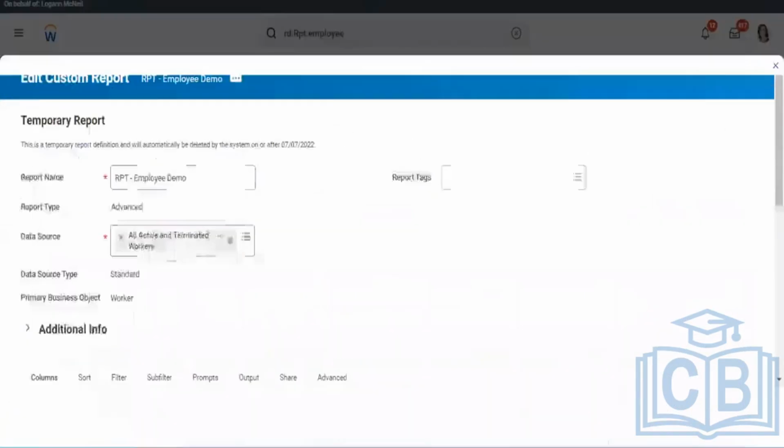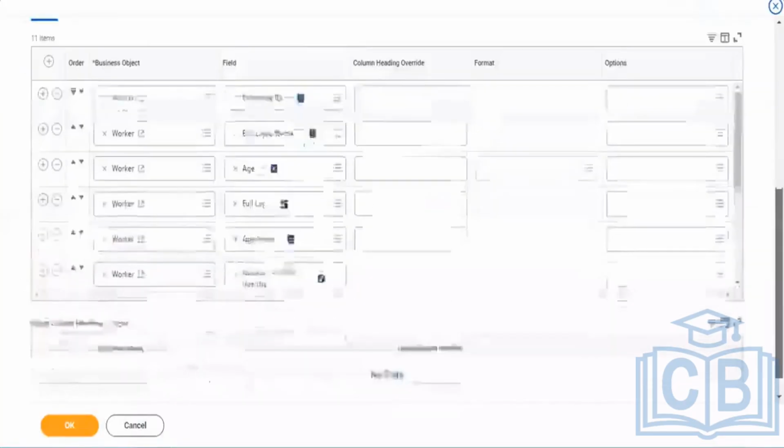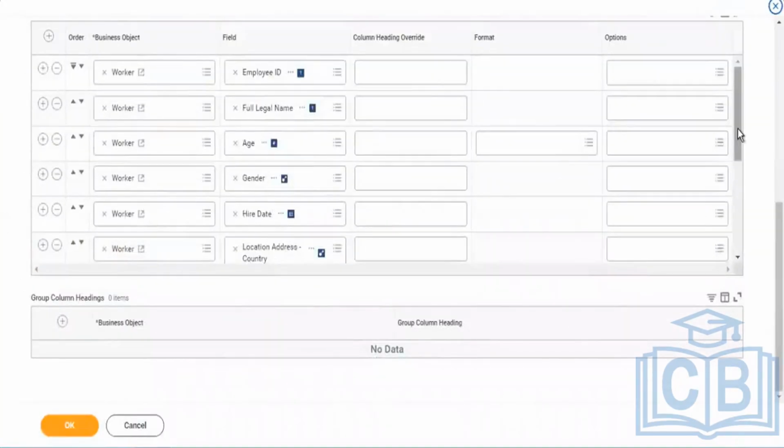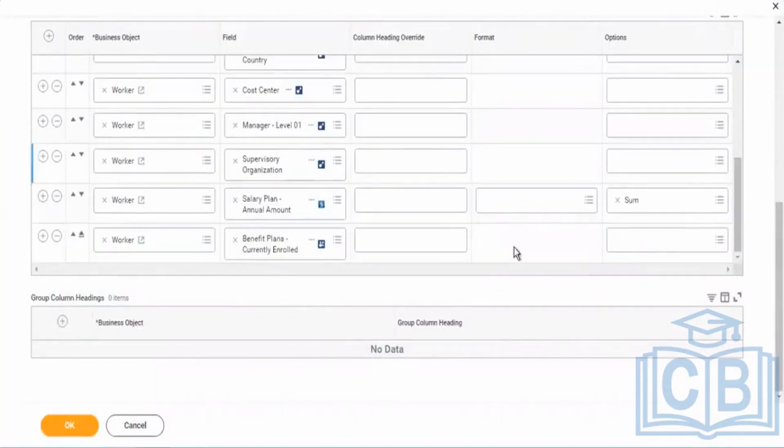But the other way is you can add that multi-instance field as a business object in a report. Take this one.